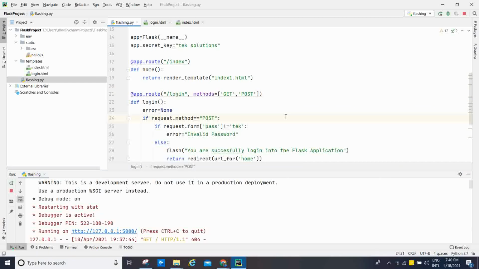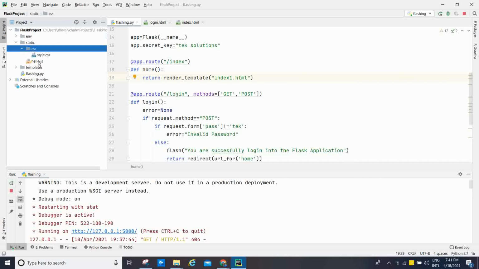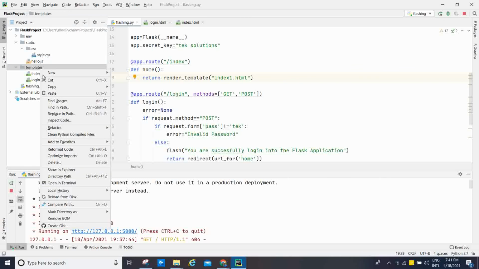Now I'm going to show the Flask application folder structure, how we are going to create all the folders. This is the environment, the Flask application environment. This is the static folder that includes your CSS and JS. This is the templates folder where you include all your templates. Inside the templates folder we create the auth folder.